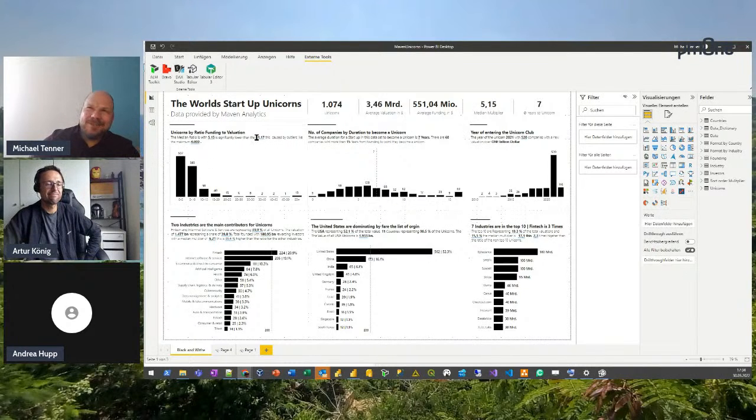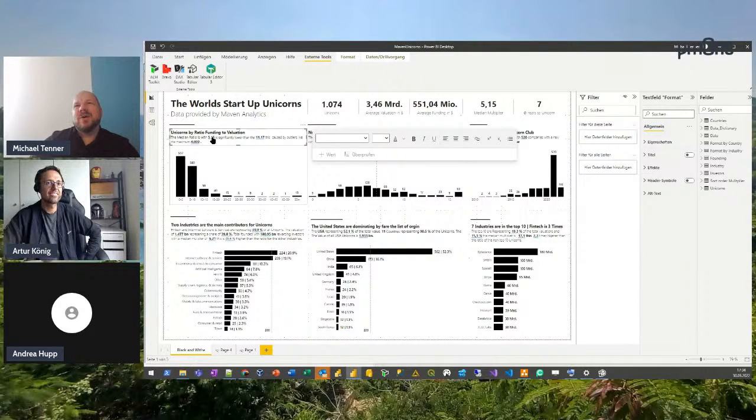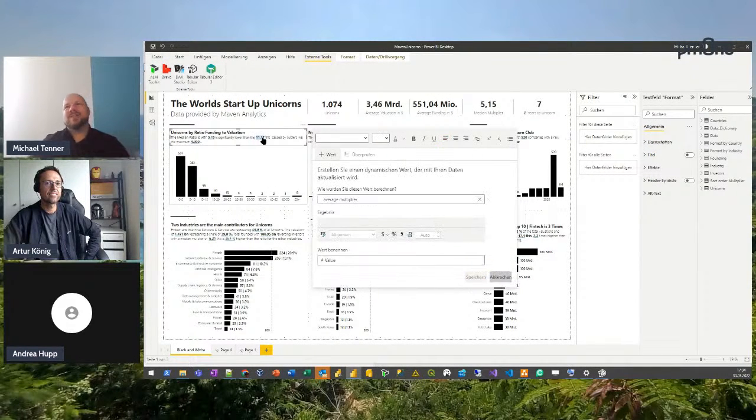So let's have a look at this little one. And you see it's hard to grab them. Now if I click on one of these values, you see I have to ask a question on my data. I could also build some measure including everything, but then I have the problem that I cannot format the different parts of this text differently. And I want to format them differently because I want to highlight my numbers. And in order to do so, I have to use the smart